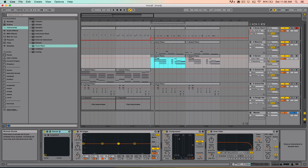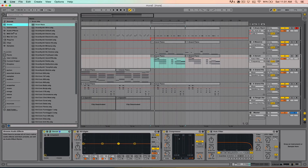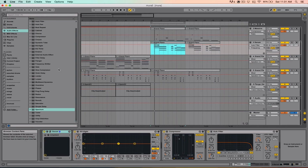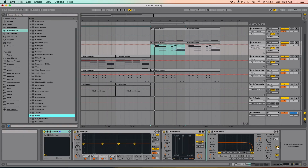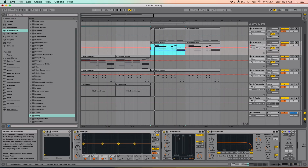I think next, obviously this is not going to stay like this, so we already experimented with the filter. So another strategy to create that wavy type of sound that has a lot of rhythm to it is, instead of using an auto filter, you can automate the volume. And somebody told me this tip: you can literally use a utility. I never thought about it, but instead of selecting this and then changing the volume from here,